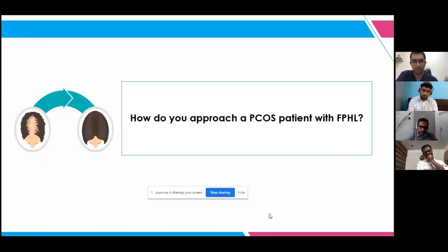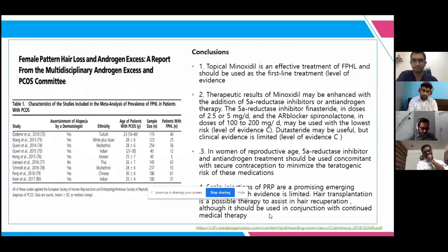As for the Aldactone dose, the first thing, as he says, is that you have to investigate the patient. That is very important. Why I stress investigation is because we have to see whether prolactin is increased or any hyperandrogenism is there in that patient. So we have to go for testosterone level.